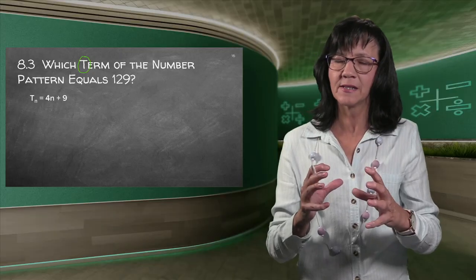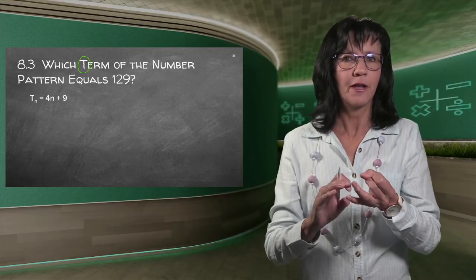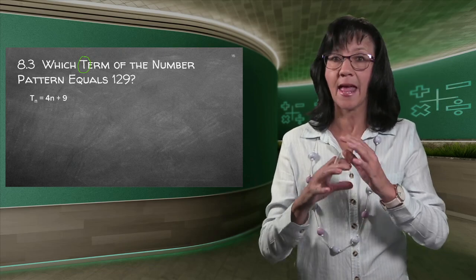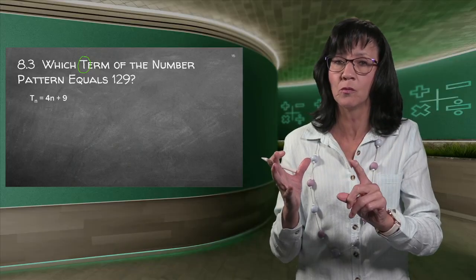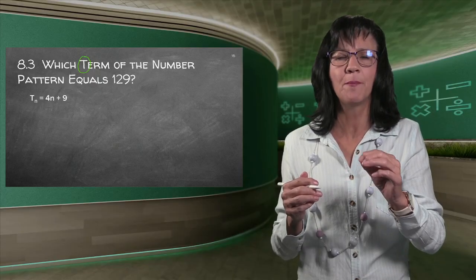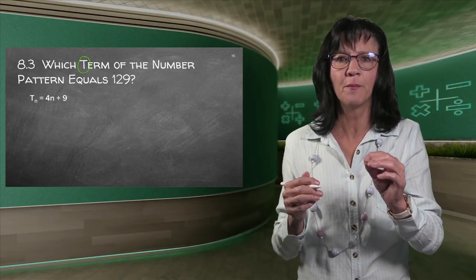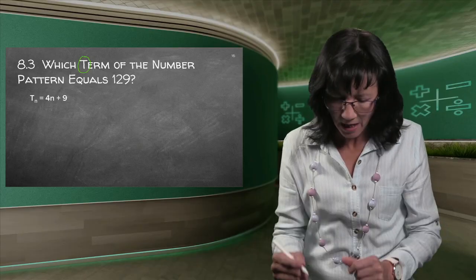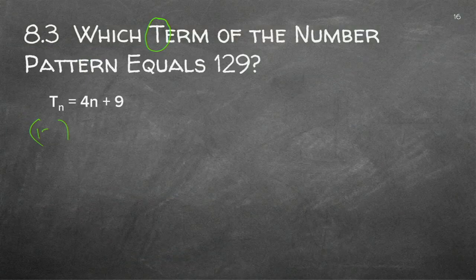Because a very common mistake is that pupils confuse the T and the N. They write the N in the T space and they write the T in the N space. And I actually cannot understand why, because we listen to the word term. T. So that's the T. The previous one asks you the number, the 150th, the number of the term, and that's why it was the N. So now we're going to replace the whole T with 129. 4n plus 9. Because now I know what the term's value is. And I think maybe you should also do this. Make a circle around the T if they give you the term, and then you know I need to replace the whole T with 129.